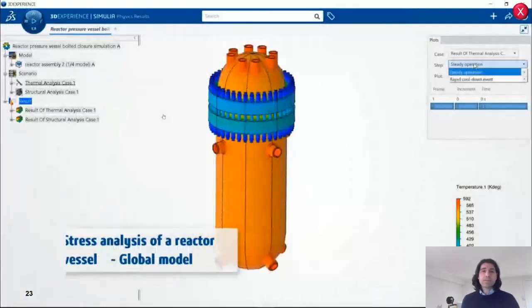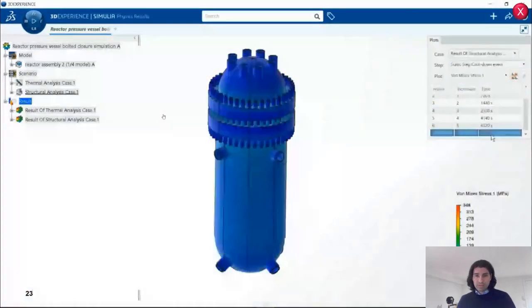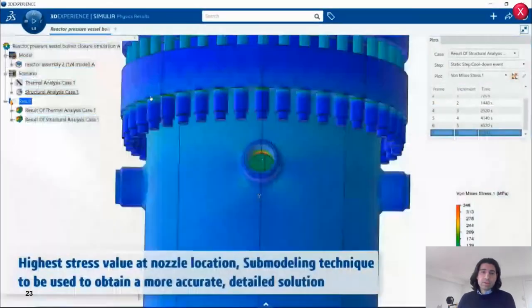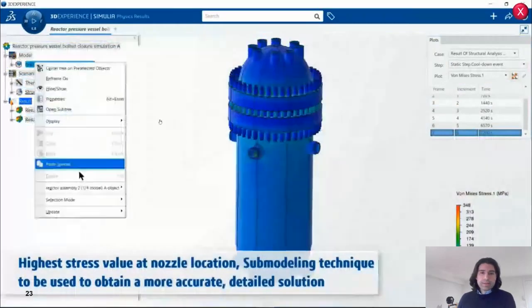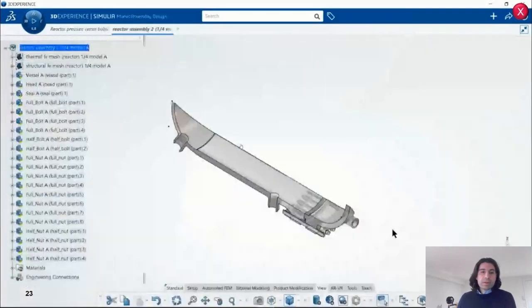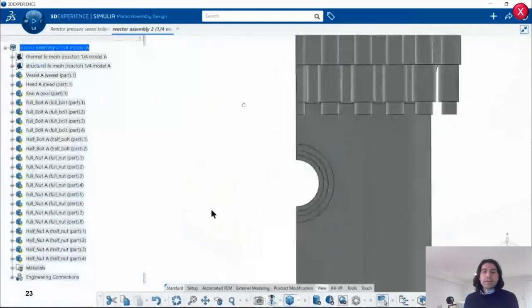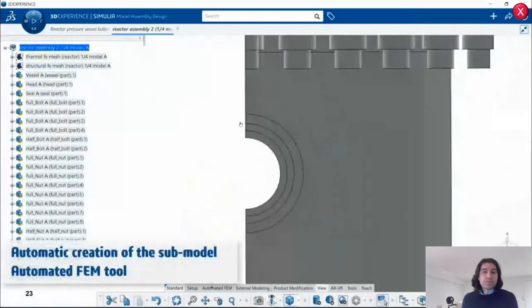So here you have a typical simulation of a vessel. We see that we have 348 on the edges here of the outlet or inlet. And we want to basically create a sub-model of that region to see if in reality we have that much stress on that region.